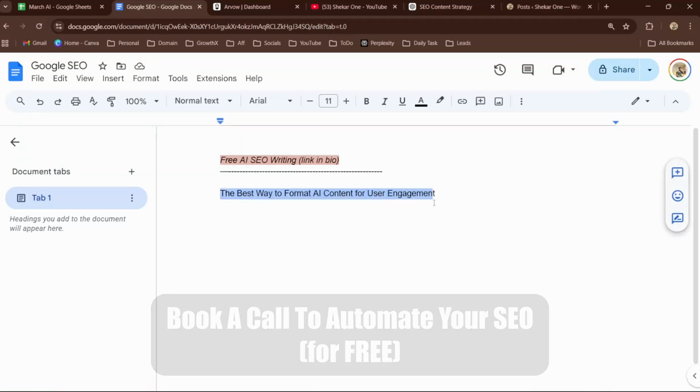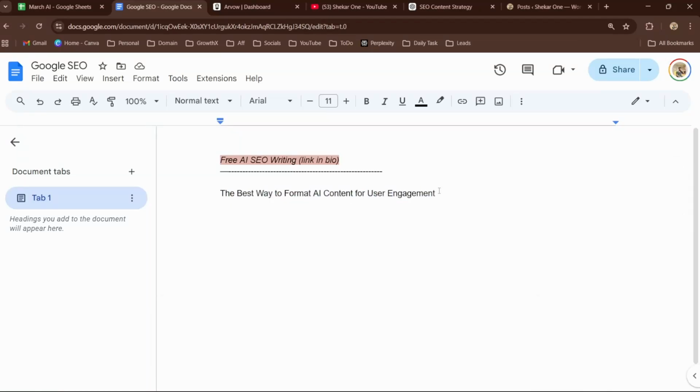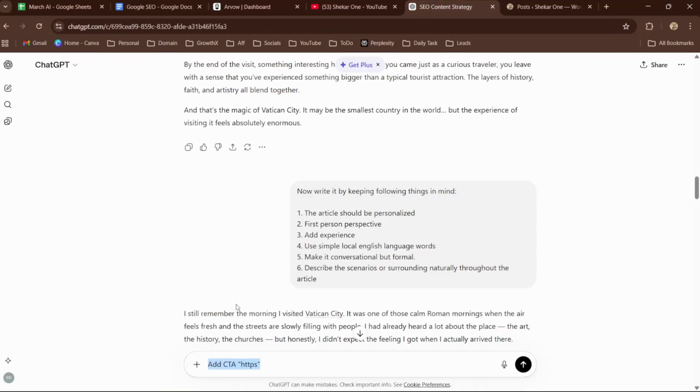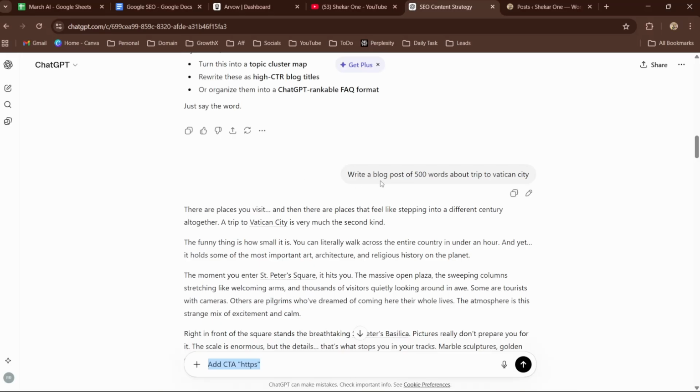The best way to format AI content for user engagement. So I'm just going to show you how to format the AI content. The first thing you need is, if you go and ask ChatGPT to write a blog